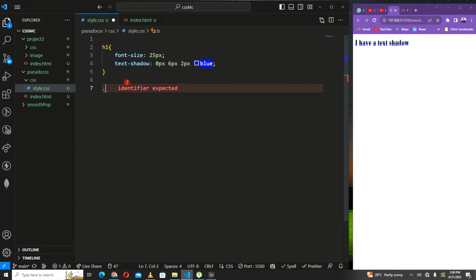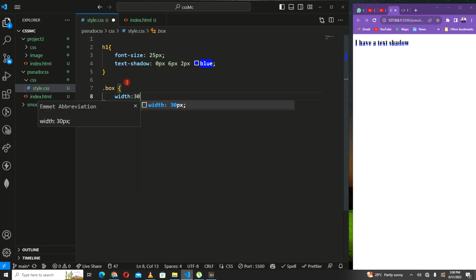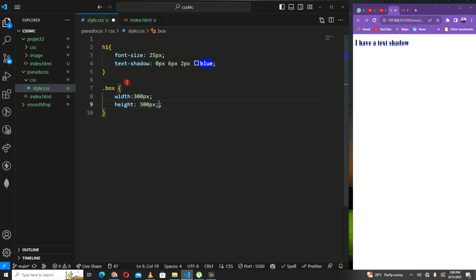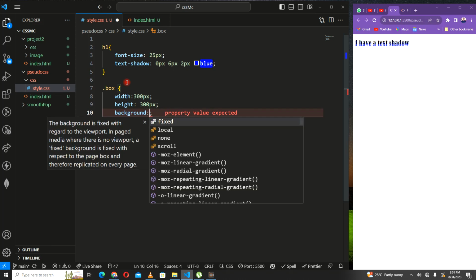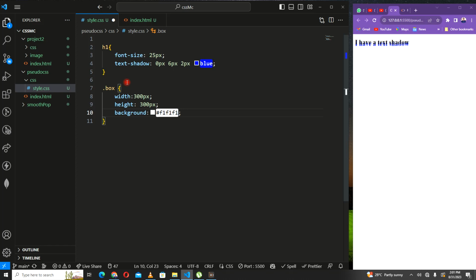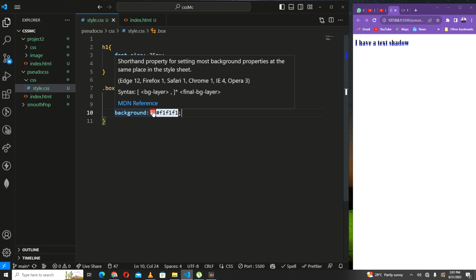Then also let's talk about the box shadow. Remember we had box, so we're going to use box to do box shadow. Let's give the box a width of, let's say, 300 pixel, and let's give it a height of the same 300 pixel. All right, and then let's give it a background of this kind of white f1 f1 f1. That is the kind of background I am looking for, but it's too light,